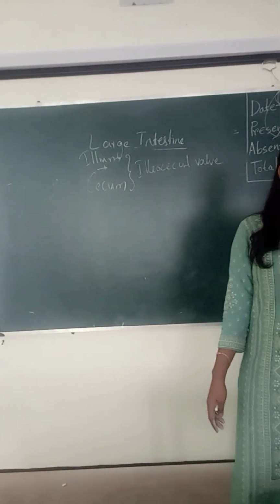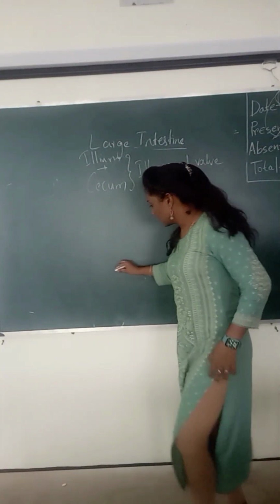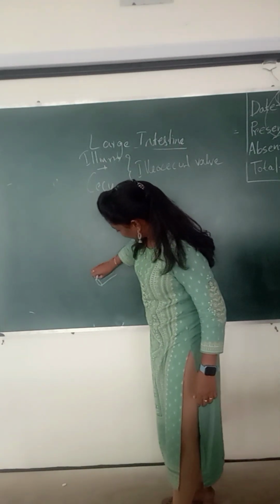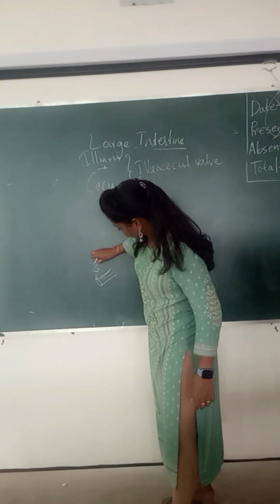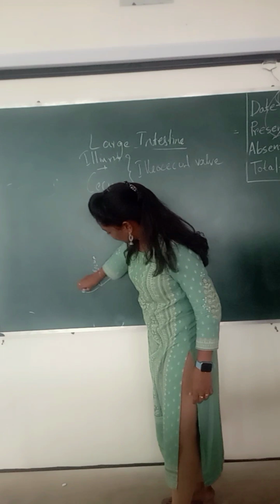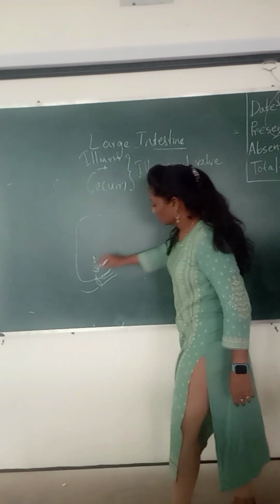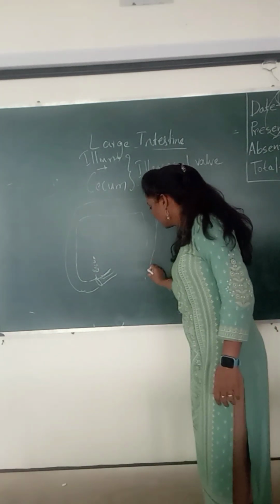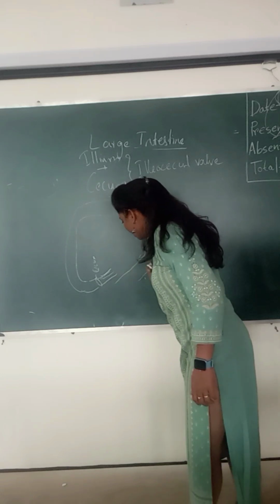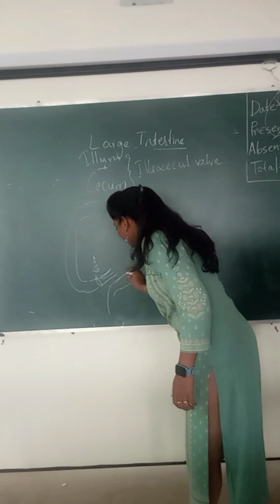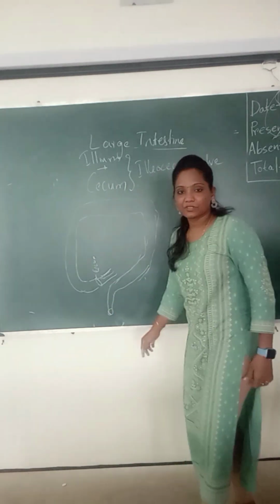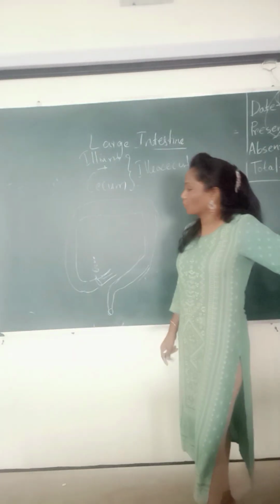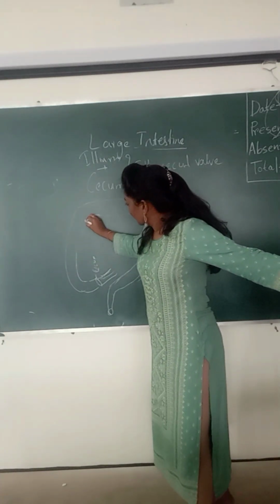And what are the major parts of the large intestine? I am drawing the diagram. It is a continuation of the small intestine, the ending portion is the cecum, and the continuation part is the large intestine. If you draw the diagram, you will score your marks very nicely. See how easy it is. You may say that it comes with experience, but it comes with practice, because I am not an anatomy physiology professor, but I still teach because I practice more.